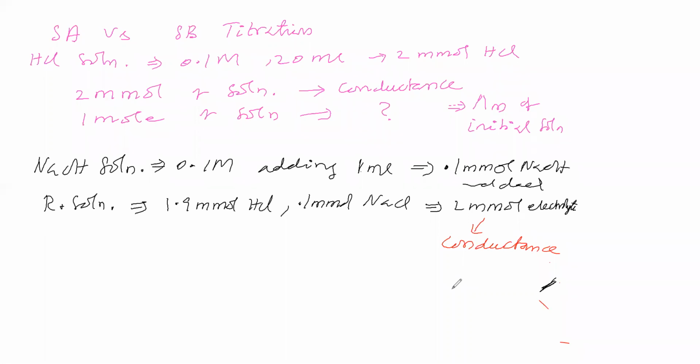Okay. You said the conductance shown by these two will be different. This is showing conductance, and this is also showing conductance. This conductance and this conductance are different, in the sense that one is higher and one is lower. You see this conductance and this conductance. Which magnitude is higher, after adding sodium hydroxide or before adding sodium hydroxide? Otherwise, this first one or this second one. Which is having higher conductance?